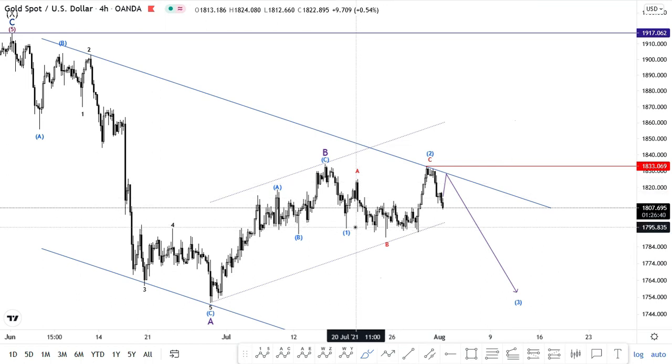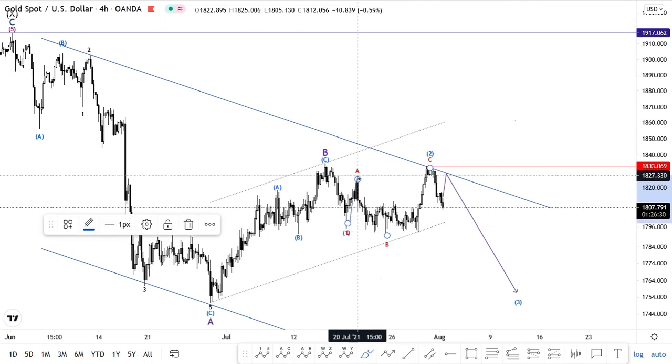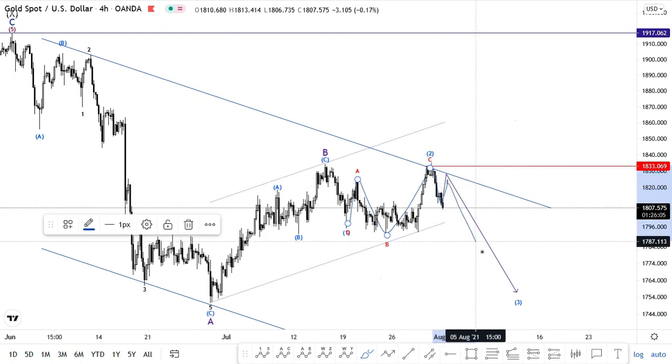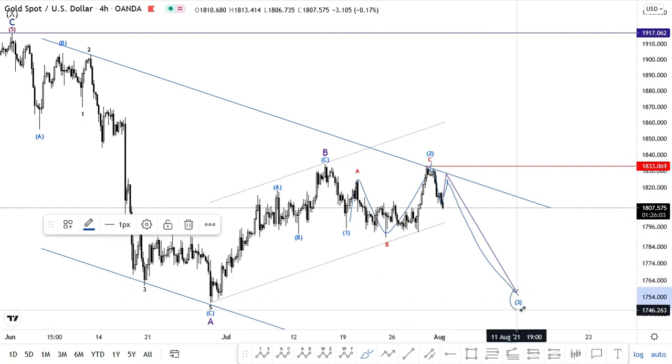because we do see price very often reacting as a flat correction, where we see wave B overlap the start of wave A, and then you see wave C. So this one is pretty much convincing with the way it has unfolded. So right now we're assuming that we're seeing a wave 1. We must find a retracement for wave 2 to enter a short on gold around these areas to find wave 3.